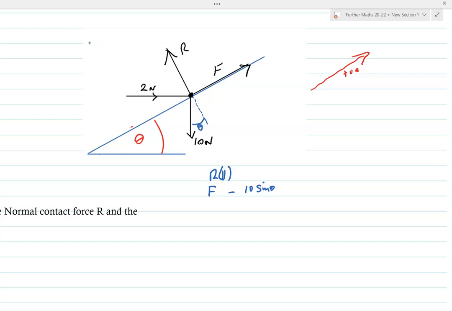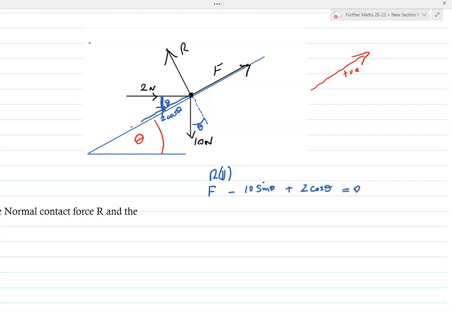Okay, so that's the 10 Newton force dealt with. And then if we mark on this angle theta here, then we can resolve parallel to the slope. This is actually going to be positive, that component, isn't it? It's going to be upwards like that. And again, it's marked next to the angle that we've got, theta there. So that's 2 cos theta is going to be that component. So that's plus 2 cos theta